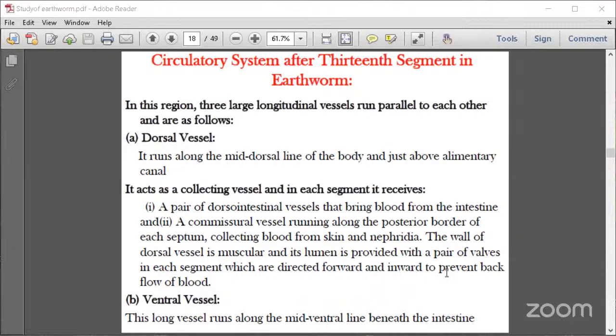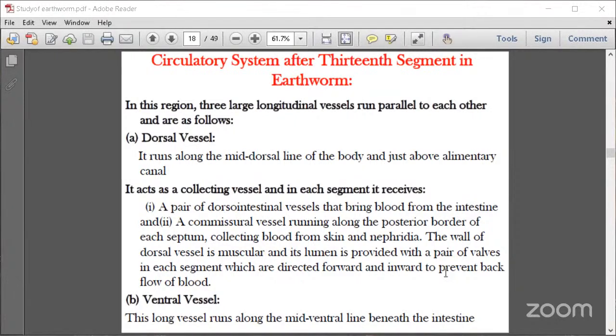And in the region, three large longitudinal vessels run parallel to each other. First, the dorsal vessel. It runs along the mid-dorsal line of the body, just above the alimentary canal. It acts as a collecting vessel, and in each segment it receives a pair of intestinal vessels that bring blood from the intestine,